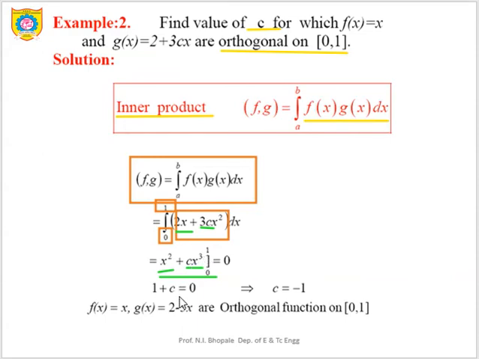So 1 plus c appears on the left side. By putting x equal to 0, the entire quantity will be 0, so the rest of the terms are 0. So we observe that 1 plus c equal to 0, and obviously c will be equal to minus 1. So this is how